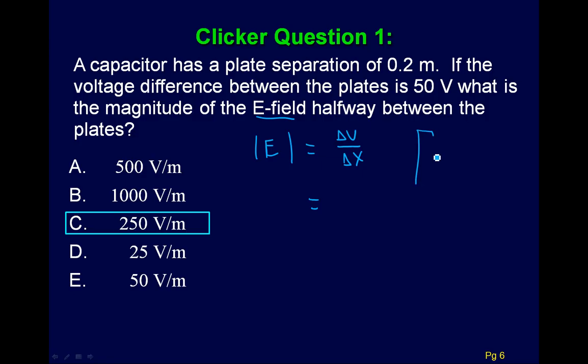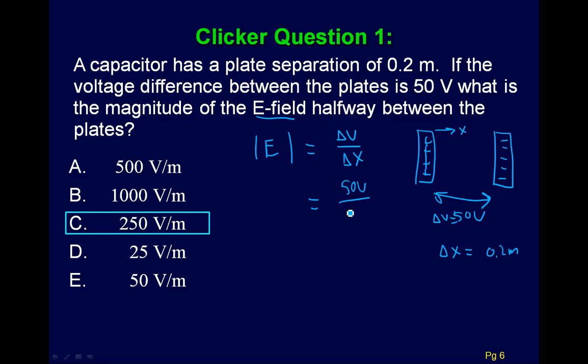So if I drew my little picture of the capacitor, maybe here's my positive side, and then here's my negative side. I know that the delta V between these two plates is 50 volts. And then we're told that the separation distance between them, let's call this axis the x-axis, is 0.2 meters. And so I take 50 volts and divide by 0.2 meters, and I get 250 volts